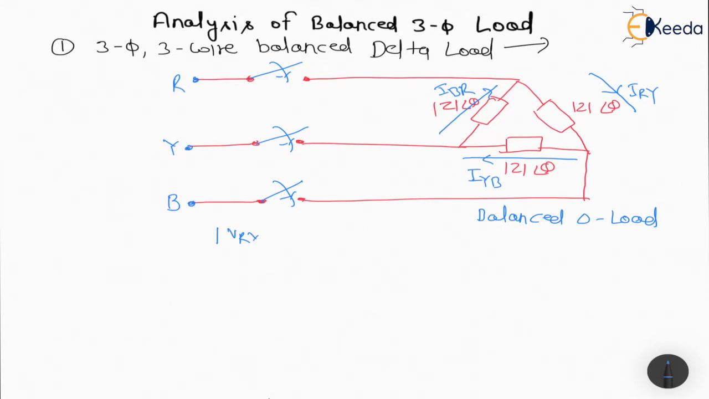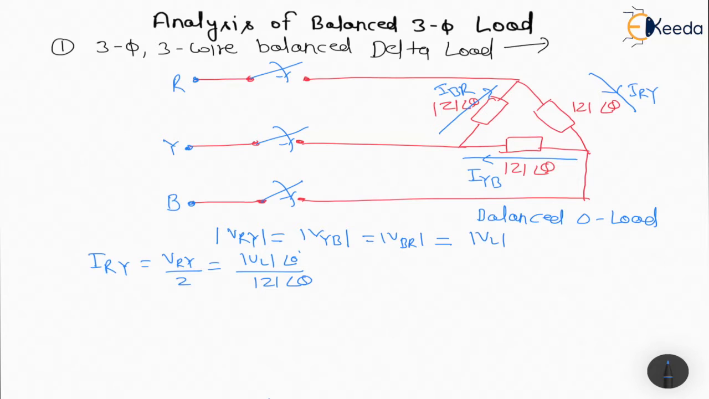Vry is equal to Vyb is equal to Vbr is equal to VL. So we can calculate the value of IRy is equal to Vry upon Z, means if we are taking Vry as reference, so we can write VL at the angle of 0 upon mod of Z angle of theta, and we can calculate Iyb is equal to